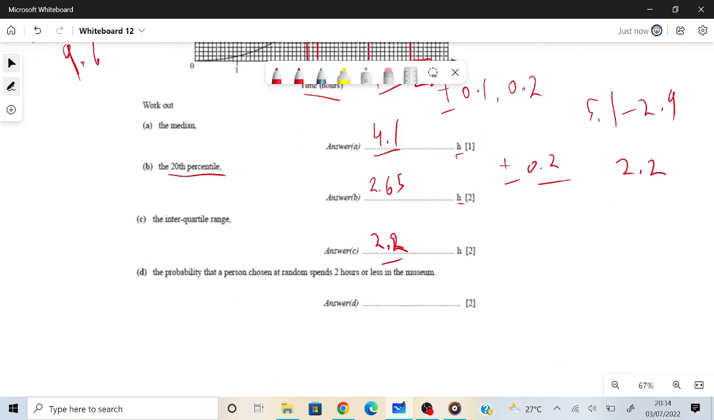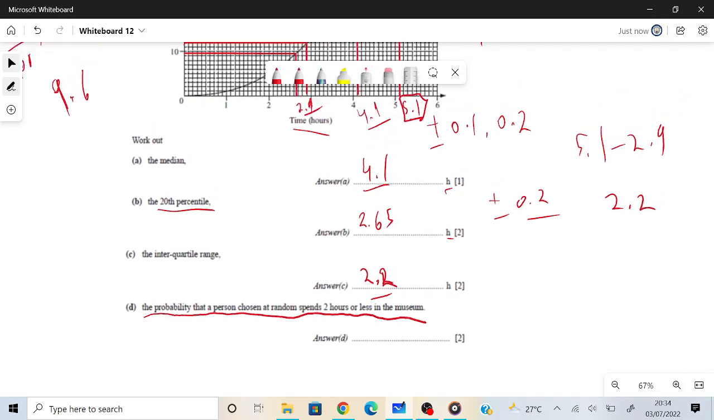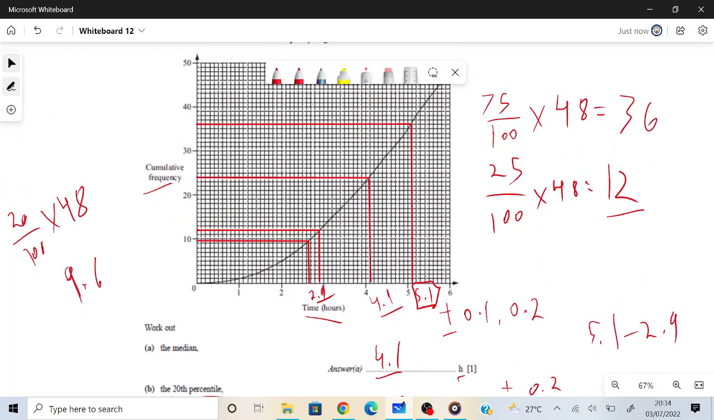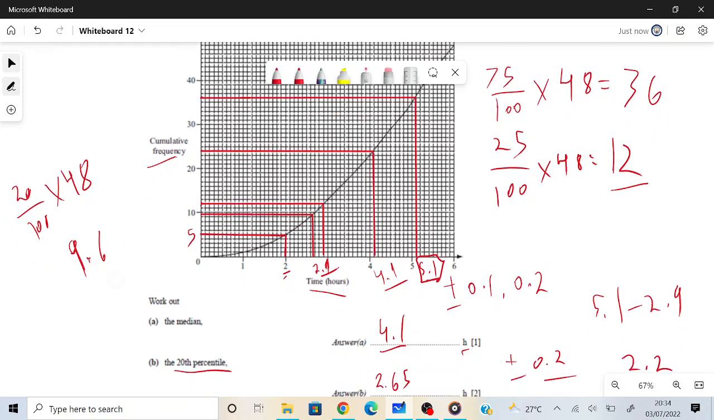On to the final part of the final example. It says we need to work out the probability that a person chosen at random spends 2 hours or less in the museum. So let's go to 2 on the x-axis because it's talking about hours. Draw a line from 2 to the curve. Again, not straight enough. So something like this, and trace it back to the y-axis. I think there's 1, 2, 3, 4, 5,